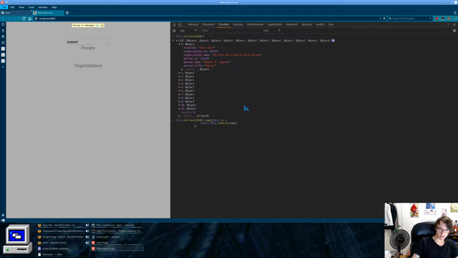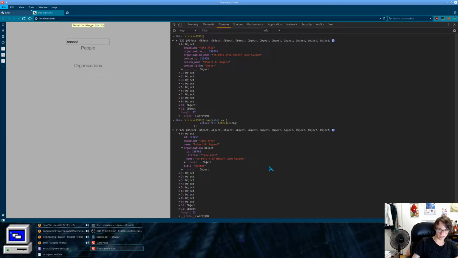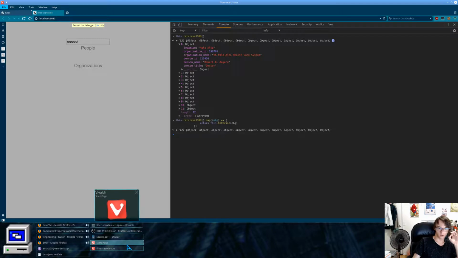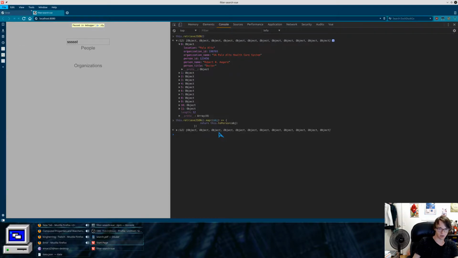Let's see this. Watch that. Oh, okay. So it does retrieve what we want. It looks like the mapping is going correctly. The function works. So now we've narrowed it down where we know it's not the logic, it's actually just the display, or something's not being parsed correctly. And I think what it is